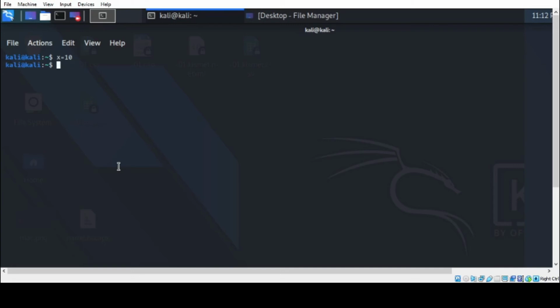Let's echo its value. So to do that, run echo space, the string, variable space variable name space equal space $x. x is the variable name and the dollar sign is to grab the value of it. Let's press enter. As you see, our echo command grabbed the value of the assigned variable.